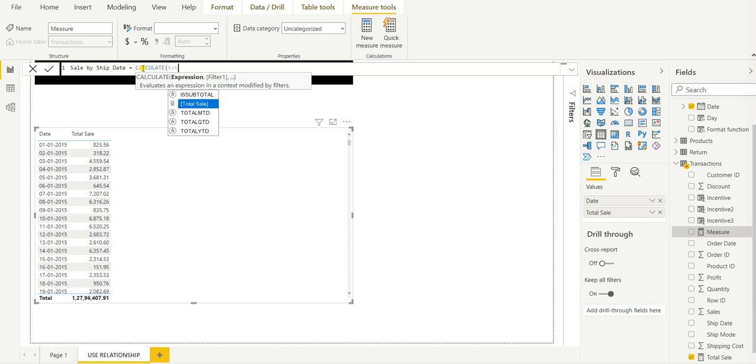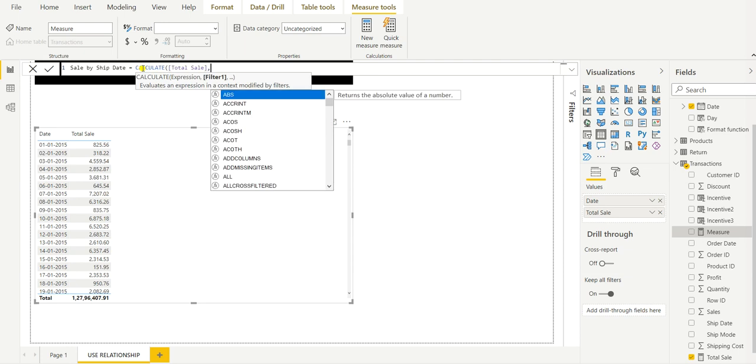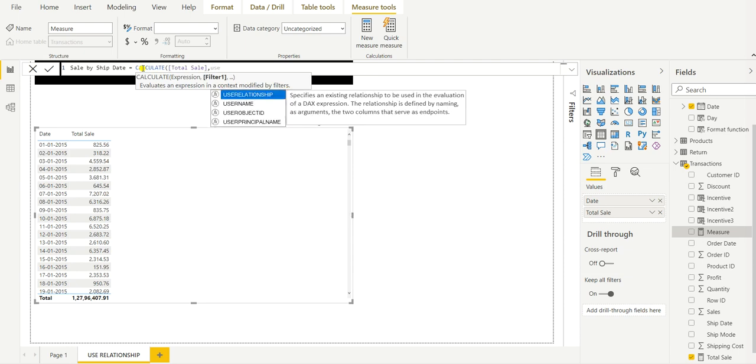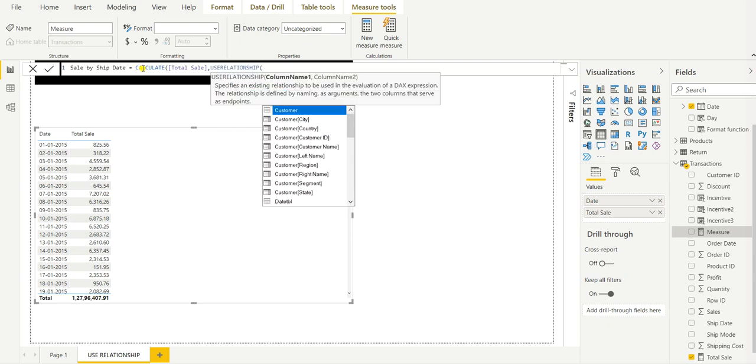So we need to calculate total sales, and then in the filter function we will use USERELATIONSHIP, because we have just made the secondary relationship between date and ship date. So we want to use the relationship from the transaction table, and the column we want is ship date.